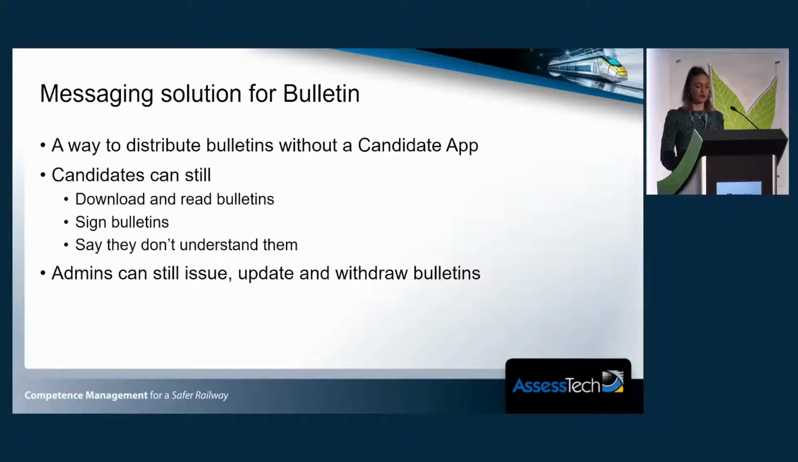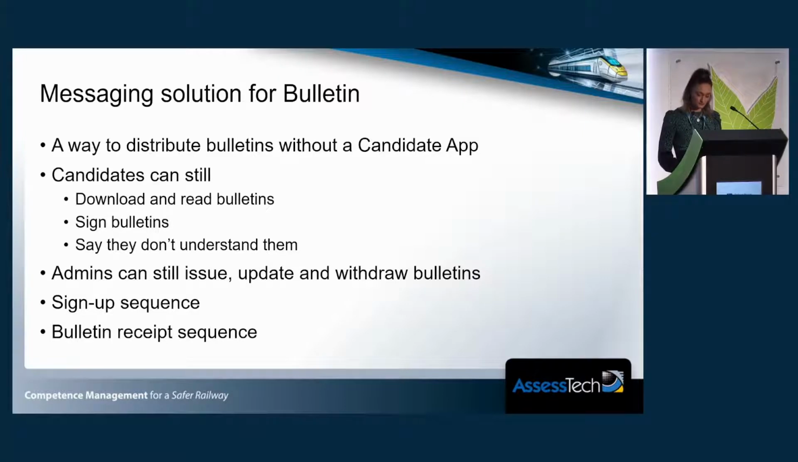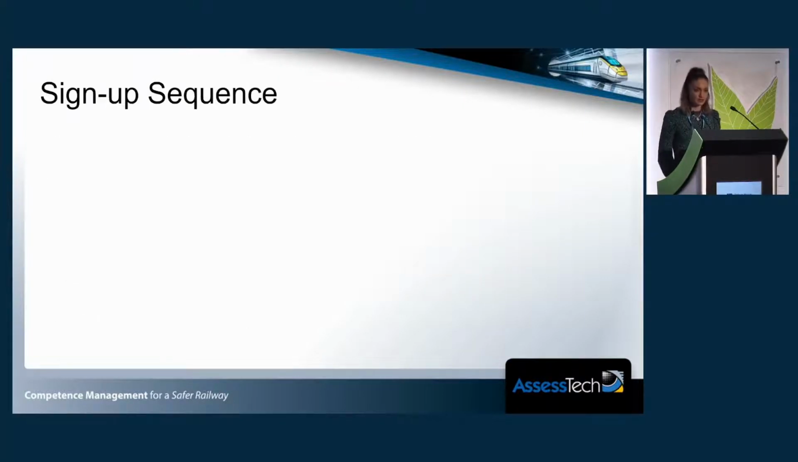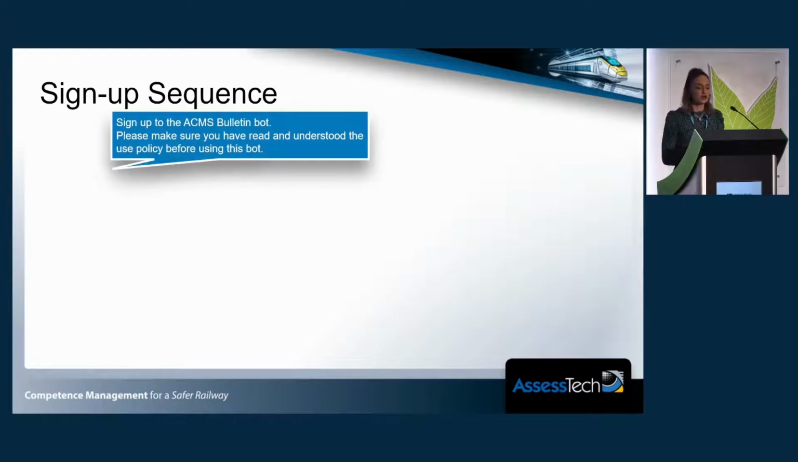And I'm going to talk through the sign-up sequence and the bulletin receipt sequence. So the sign-up sequence will be triggered by the admin, and the user will receive a message. So something along the lines of sign up to the ACMS bulletin bot. Now, all of the message content can be configured. It's customizable through localization, but this is roughly the workflow. So then the candidate will respond to this message,